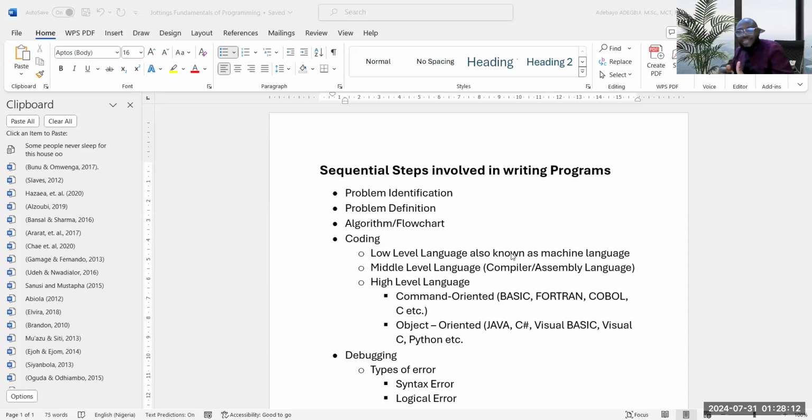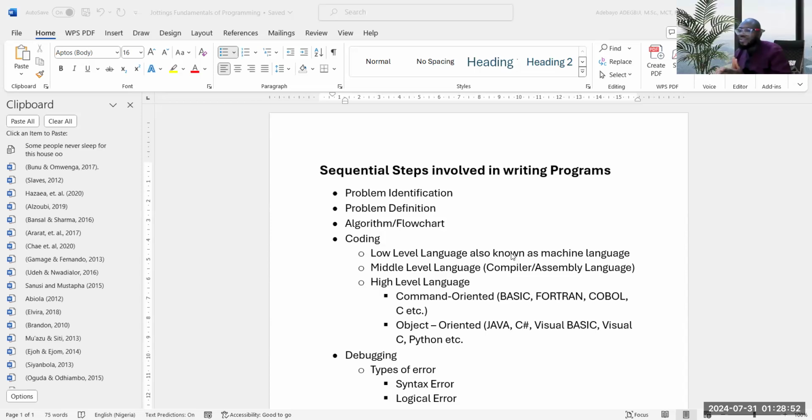So I can say step 1, input first number. Whatever number you input goes to container A. Step 2, input second number. The second number you inputted goes to container B. Step 3, add whatever is in container A and container B together and put it in container C. And the next step will be display the value of container C. You can see that it takes just 5 simple steps to add any two numbers.